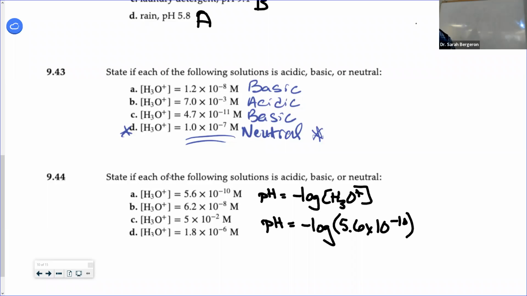If we do the negative log, if you look at a calculator, you have two things that look like negative signs. This blue one is a minus. The white one is really negative. So anytime you hear negative, this is the one you're going to press. So I'm doing the negative log. Do I press the blue one? No, I'm going to press negative, and then I'm going to come up here and press log. So negative log, I'm going to type in 5.6.